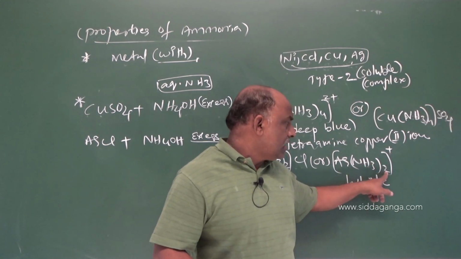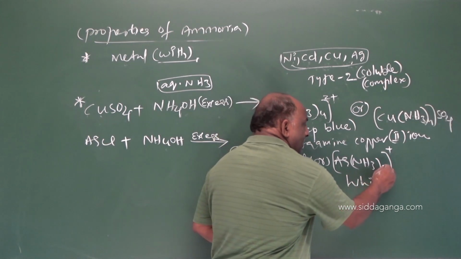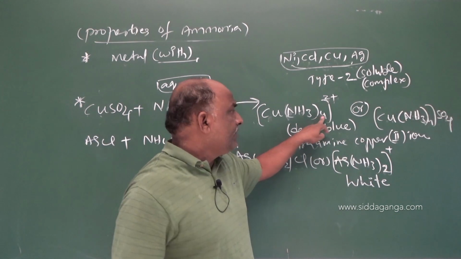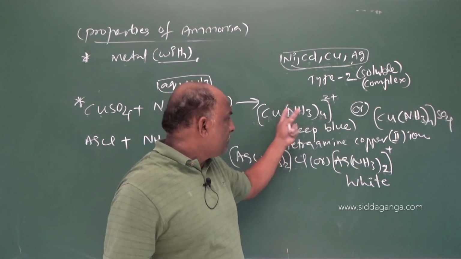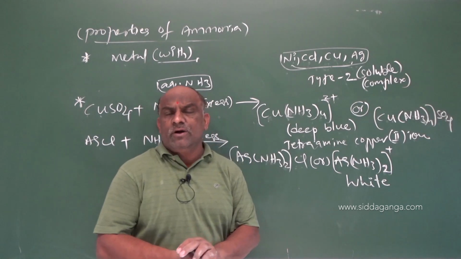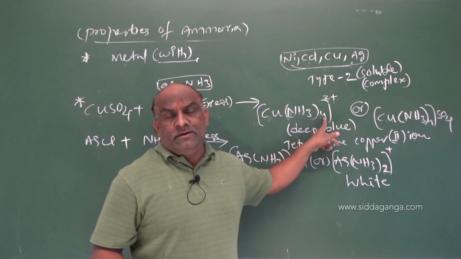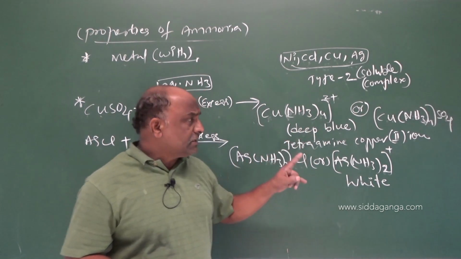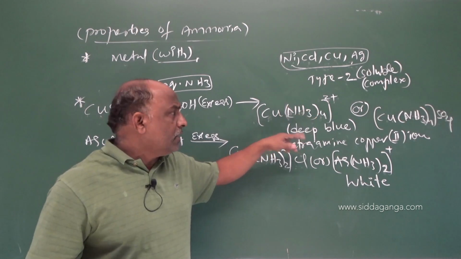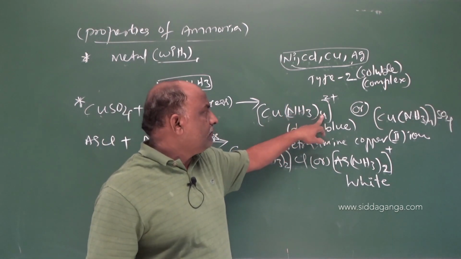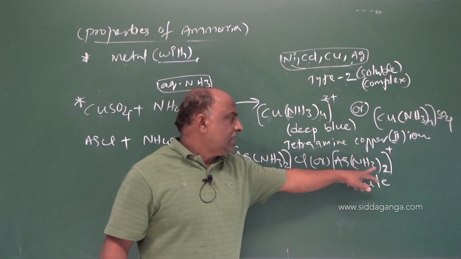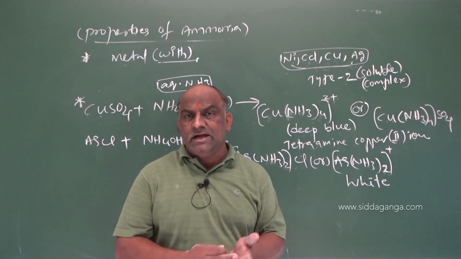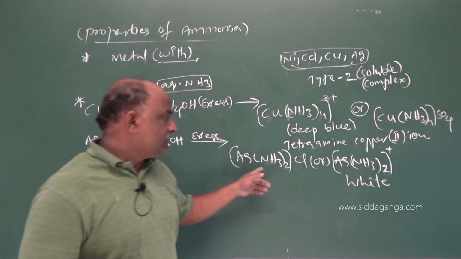So what is the complex compound hybridization? The 2 number stands for sp hybridization. Here it is sp3 hybridization. Some complications, some exceptions, are there regarding hybridization of complex compounds, so no need to discuss in this class. Later in complex compounds we will discuss this. Here 4 stands for sp3 and 2 stands for sp. 2 means one s orbital and one p orbital. 4 means one s orbital and the remaining 3 p orbitals. So it is white color.